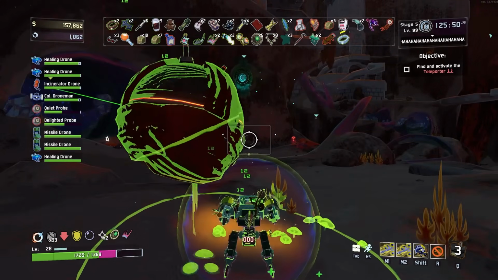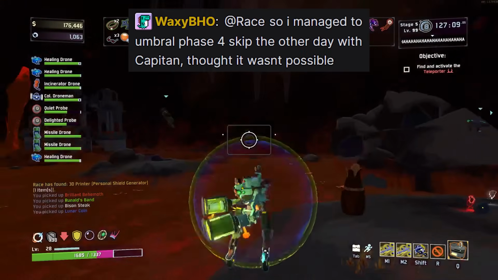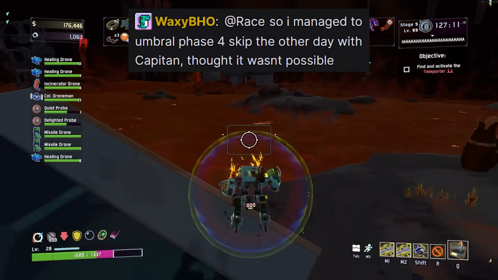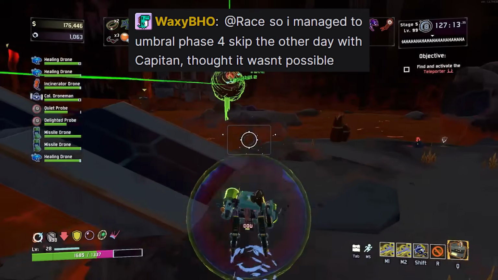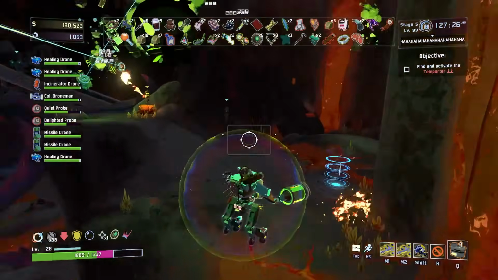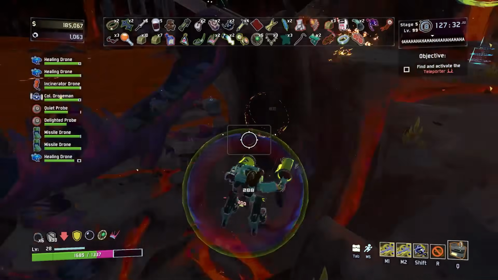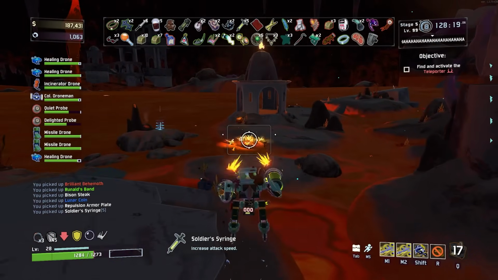I mean, maybe I just actually kill Mithrix super fucking fast. Managed Umbral Phase 4 skip the other day. It's possible. It's just rare. And you still have to let Mithrix go through the phase, which means you still have to kind of do it. In that sense, it's not really possible. I mean, I guess you get your items or whatever sometimes. No equipment is really